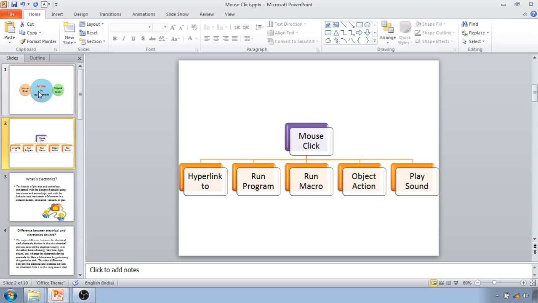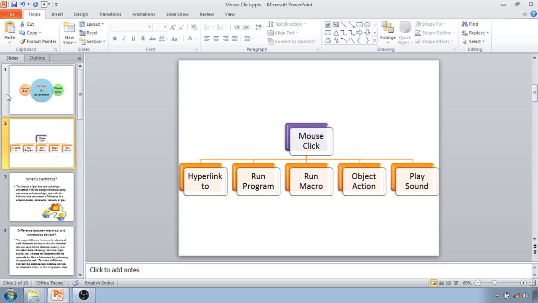This is another tool you can use to connect to a web page, file, email address or slide, called the action button. Action buttons are built-in shapes. You can add them to your presentation to link to another slide, play a sound or perform a similar action. When someone clicks the button, the selected action will occur. Action buttons can do many of the same things as a hyperlink. They're easy to understand, which makes them especially useful for self-running presentations at booths and kiosks.